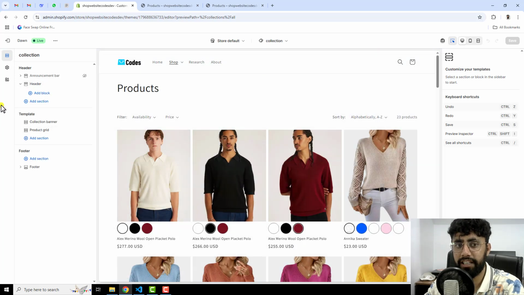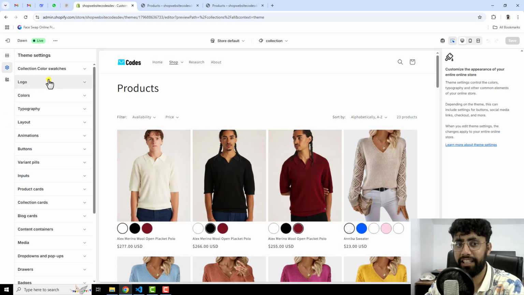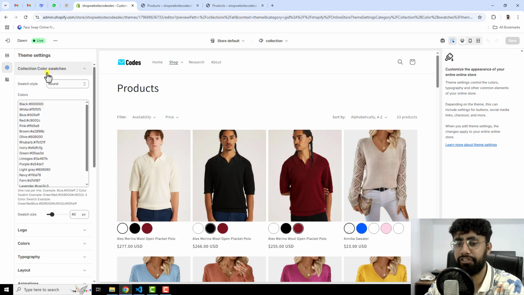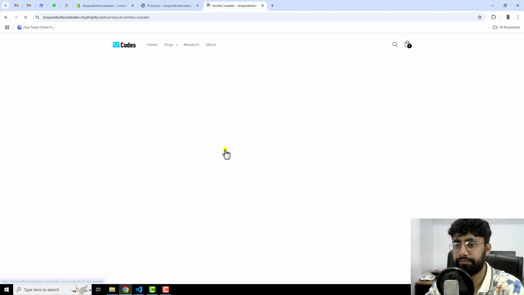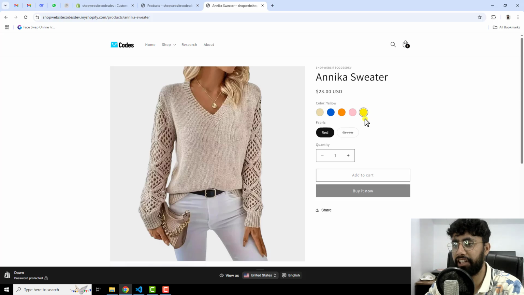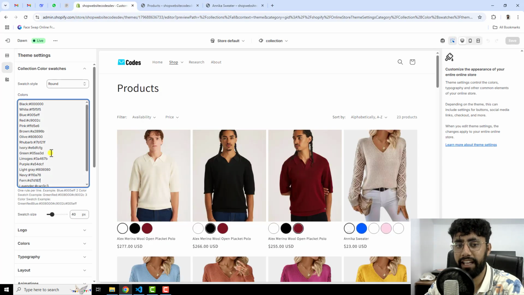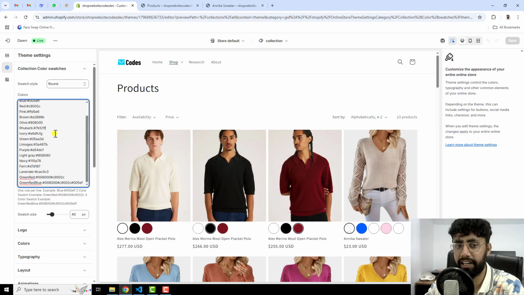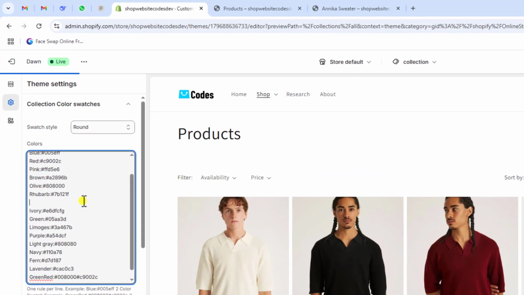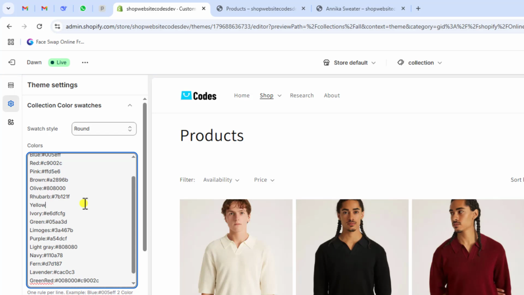So right here you can see the settings. In the settings you can see collection color swatches. So just click on that, and then you will see that we have an option to add the color names. So right now, for example, let me open this product, and here you can see that we have yellow color, so that is not available. Now you need to copy this yellow color from here and go back, and anywhere else, for example, right here, press enter key, and in the new line you should paste yellow and then put colon